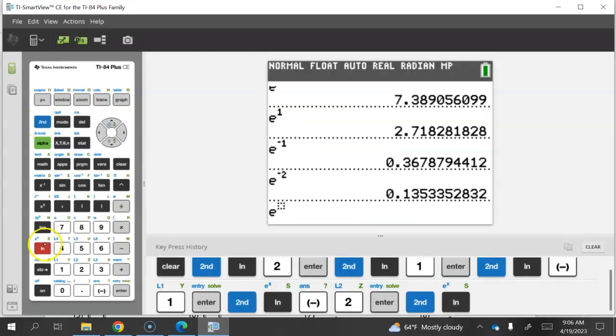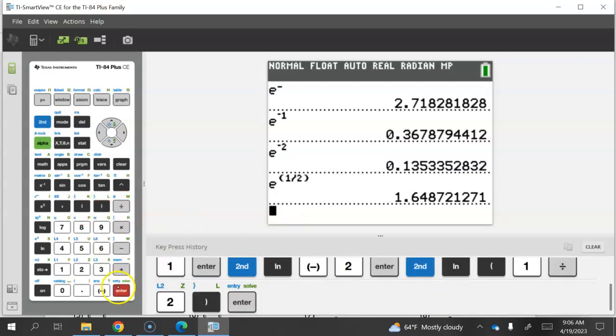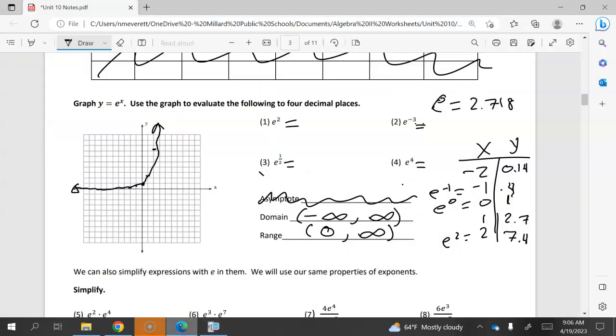So second, e to the x, 1 over 2, that's 1 divided by 2. I'm just going to do that in parentheses. So parentheses, 1 divide 2, close parentheses, and then you should get something like that. All right, so that's generally how I would type that in